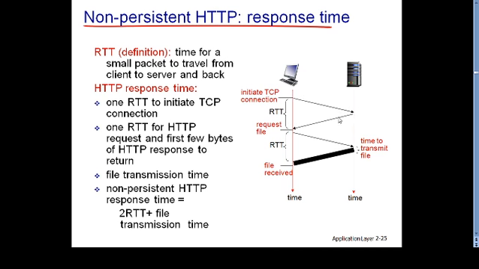Once you are done with the TCP connection with the server, you create an HTTP request from the client side, send that request over this TCP connection to the server, and you will get an HTTP response, which you can see over here. So it takes around 2 round trip times to get the first HTTP response from the server side